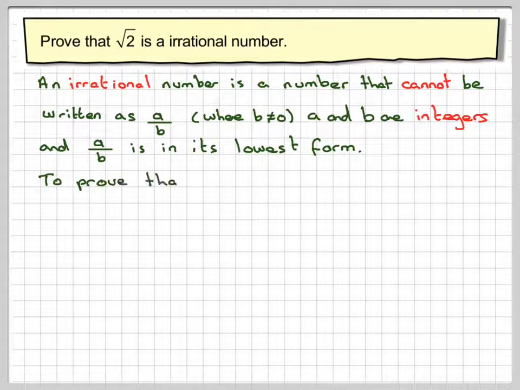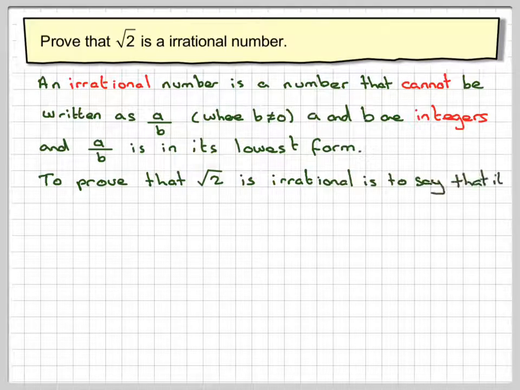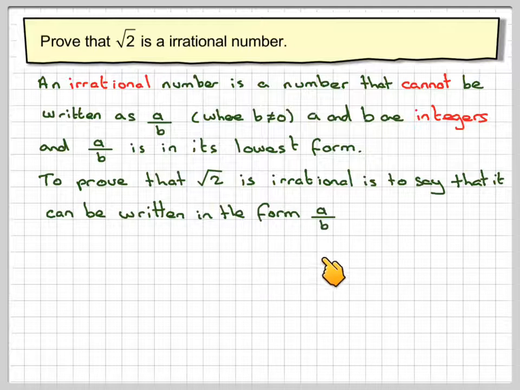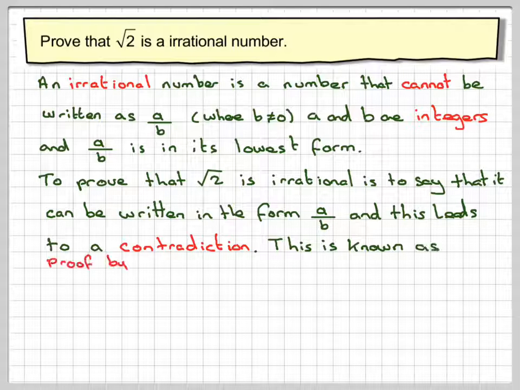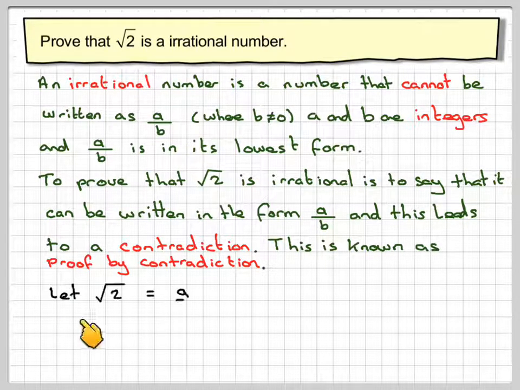Now, to prove that root 2 is an irrational number, what we say is that it can be written in the form a over b, but this will lead to a contradiction. Let's have a look at that. So, this is known as the proof by contradiction. So, if we let root 2 be a divided by b,